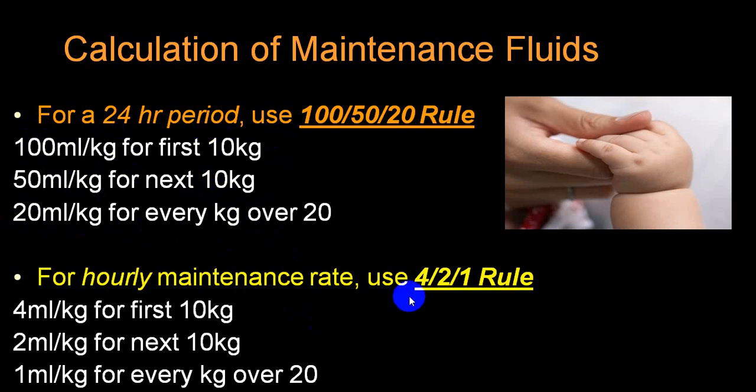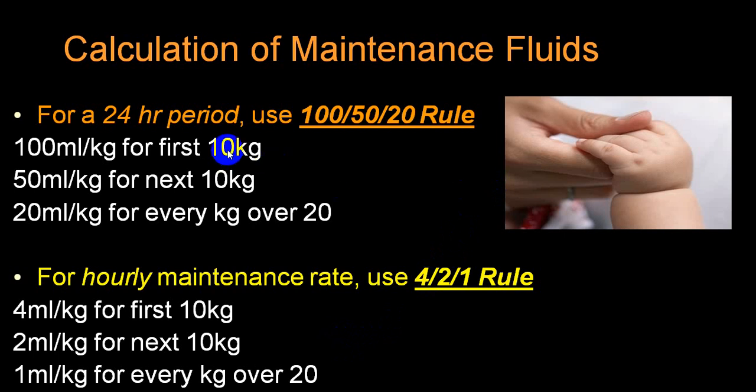So roughly if you calculate here, that is 50 kg plus 40, that is 90 ml per hour, and multiply by 24, it will become this. So this will give you a daily requirement, and this will give you per hour. So per hour if you want to calculate, this will be the rule. This much amount of fluid you will have to give. Say a person is weighing around 60 kg, so 60 plus 40, roughly 100 ml per hour. So that will become 2400 ml in a day.